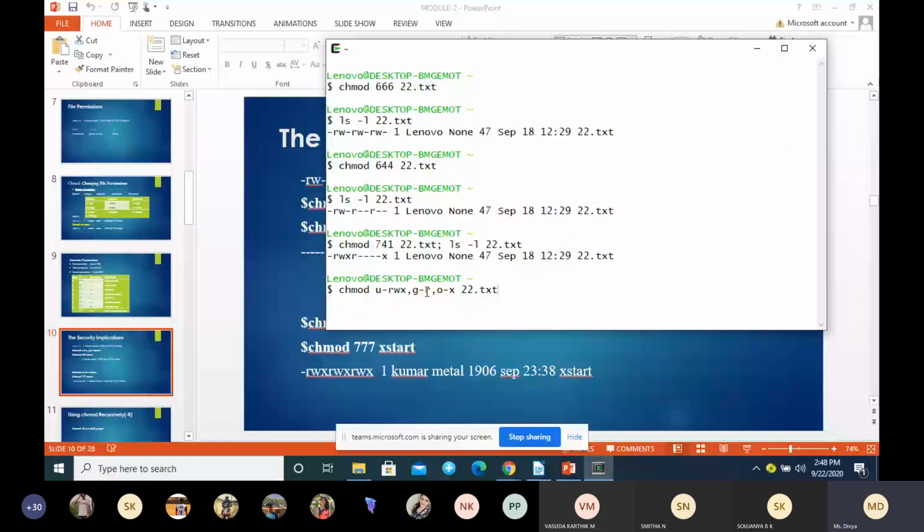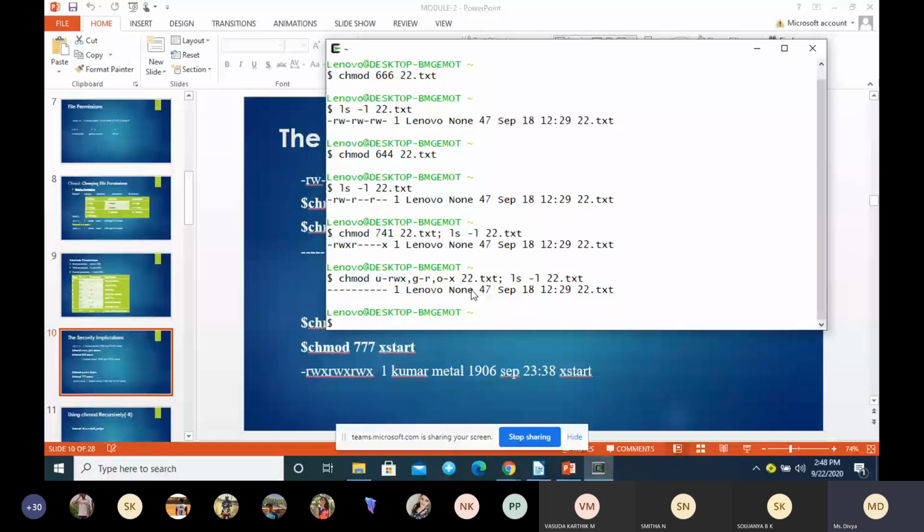Now look at the file permissions. What is the permission of this file? It is a dummy file, which may have content, but nobody can read the file, write the file, or execute the file. Now the file is a useless file, correct? If you give permissions like this, the file may become useless. But still remember, as the creator of the file, you have the right to delete the file.